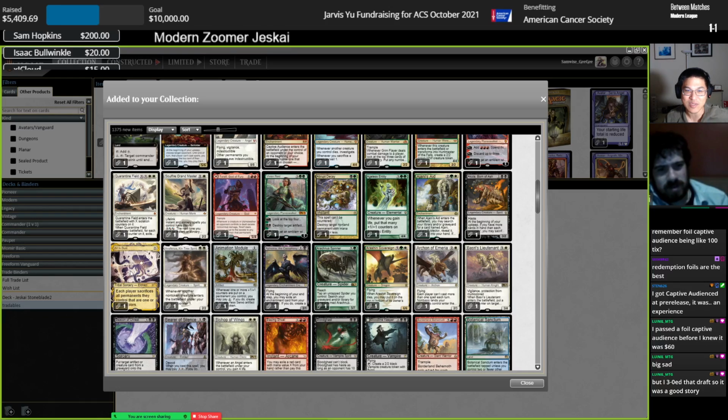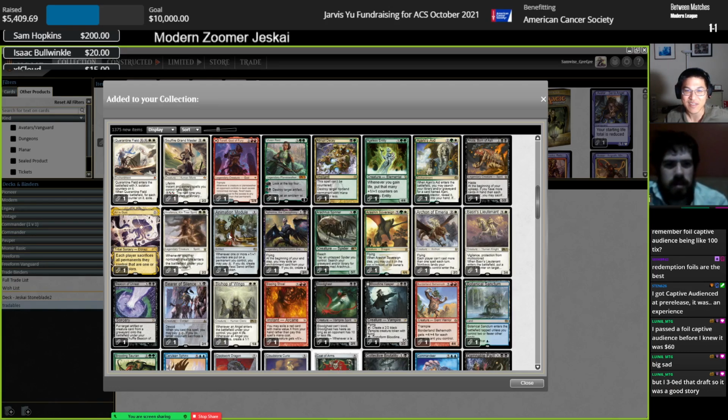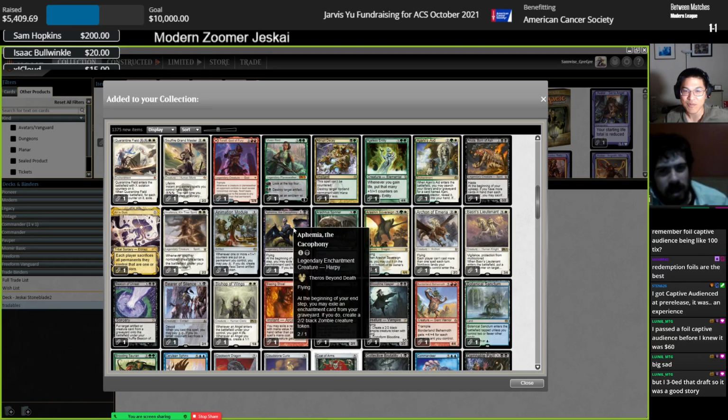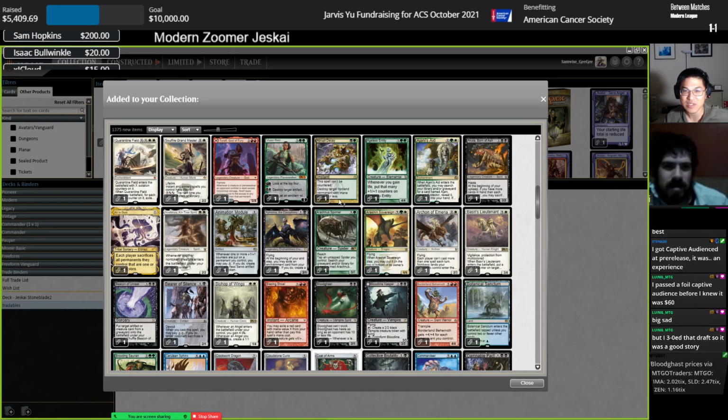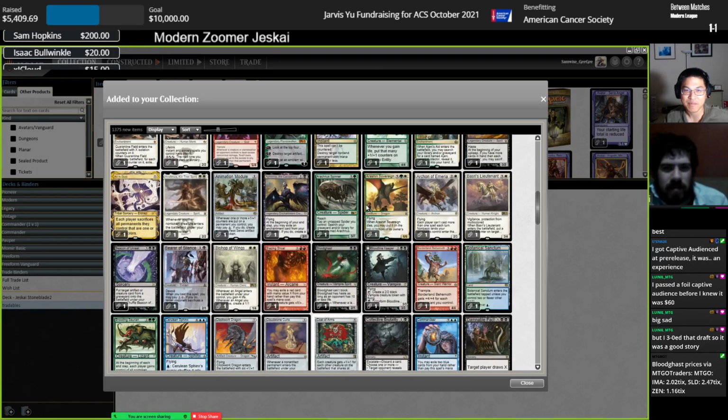This one, is this worth anything? It probably is. Maybe. All right, Anafenza Kintree Spirit. Both of us have good memories of that one, I think, right? Yep. Animation Module. Yes. Ophelia. I like that card. It was pretty good. Ooh, the spinner. You just draft Arachnus Webs in M12, and then you just remove all their creatures. Ooh, Collective Brutality hiding down there. A very tragic